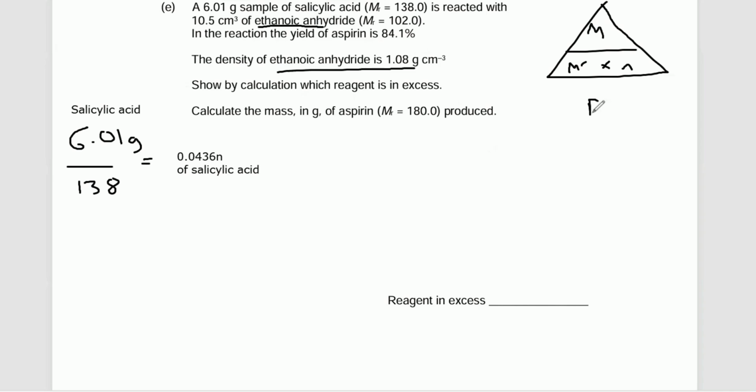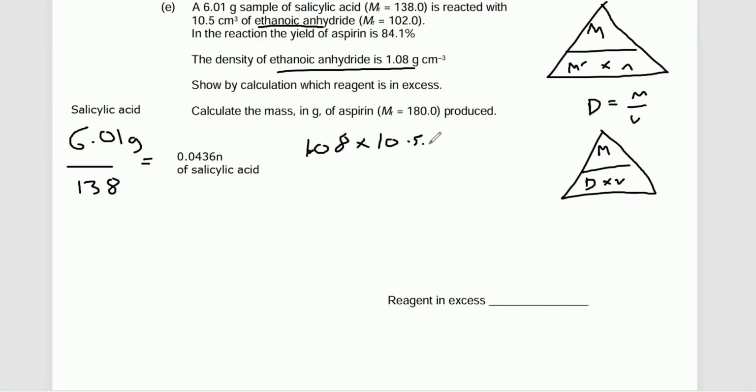The next thing I want to do is work out ethanoic anhydride moles. Now, they haven't given me the grams of ethanoic anhydride. I'm going to have to work that out from its density. So I've been told I've got 10.5 centimeters cubed, that's volume, and if I do volume times density, I'm going to get the mass, and then I can use the Mr to work out the moles. So have a go at that. I'm going to do 1.08 for the density times 10.5 for the volume. So density times volume gives me mass, and that should be